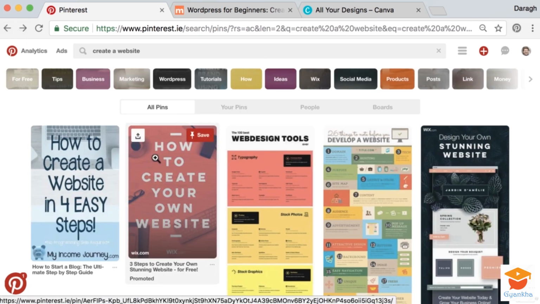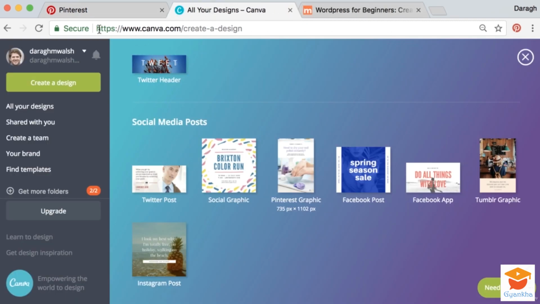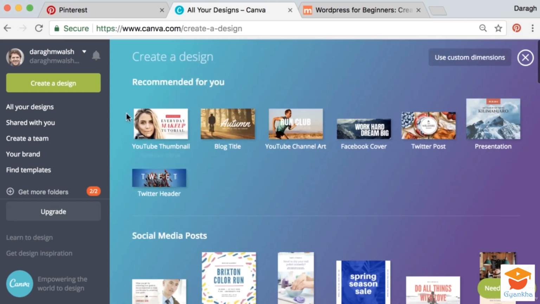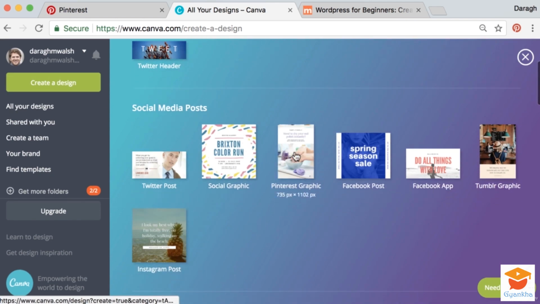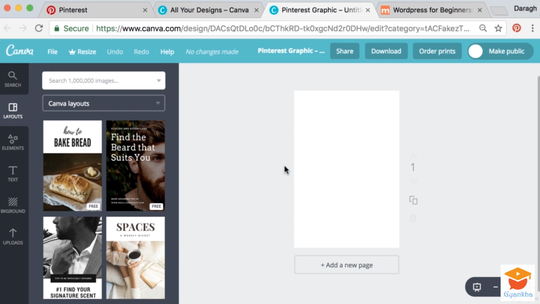So how do you make your own graphics like this for free? Well, you can do it in a tool called canva.com. It's absolutely free to sign up for and use. And the really cool thing about Canva is once you sign up and create an account, you can come to create a design, and then you're going to see this option for a Pinterest graphic, which gives you a template for the exact dimensions that you can use for Pinterest. So I'm going to go in here and design a better image for that post